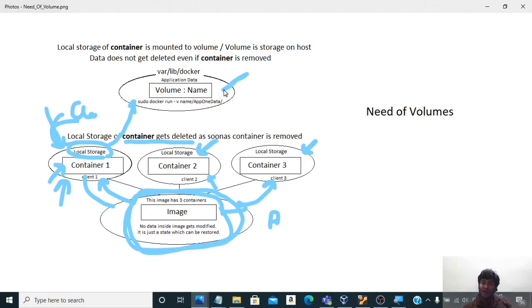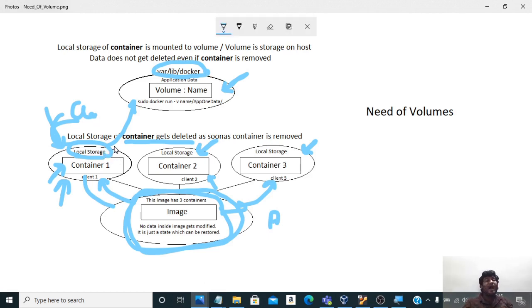In our case, we have installed Docker on Linux, on Ubuntu, and on this location Docker creates the volumes. So a volume is a separate entity as compared to a container or image. We will just mount it, whatever location we want to mount.